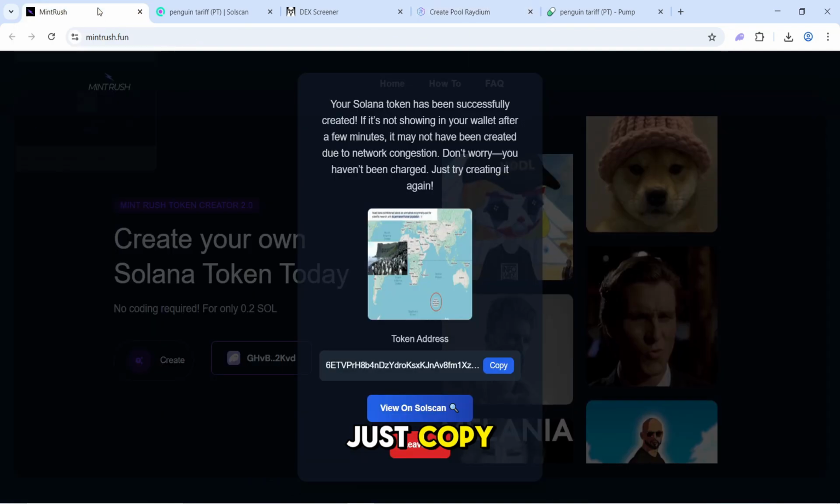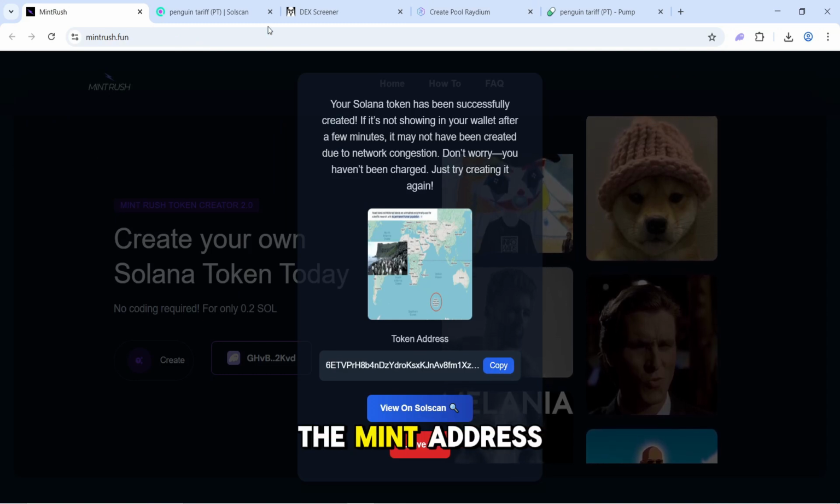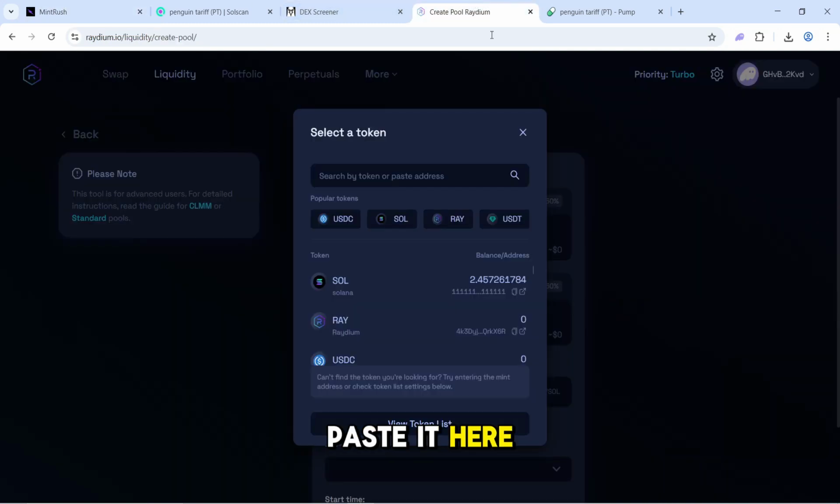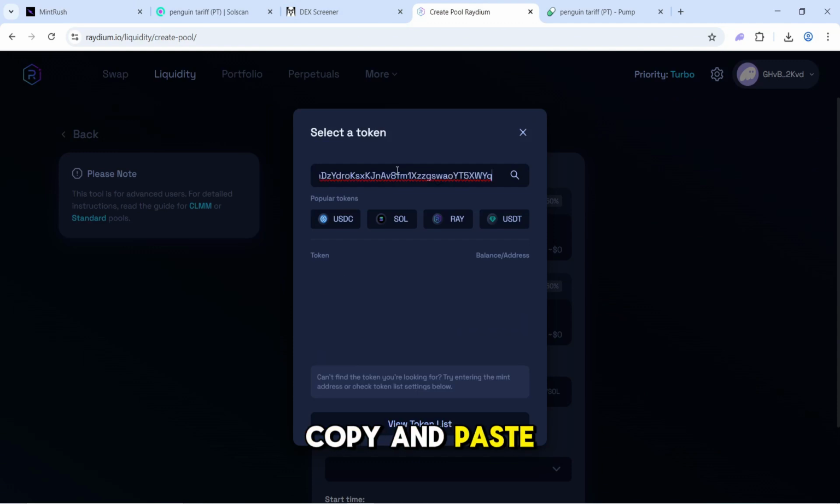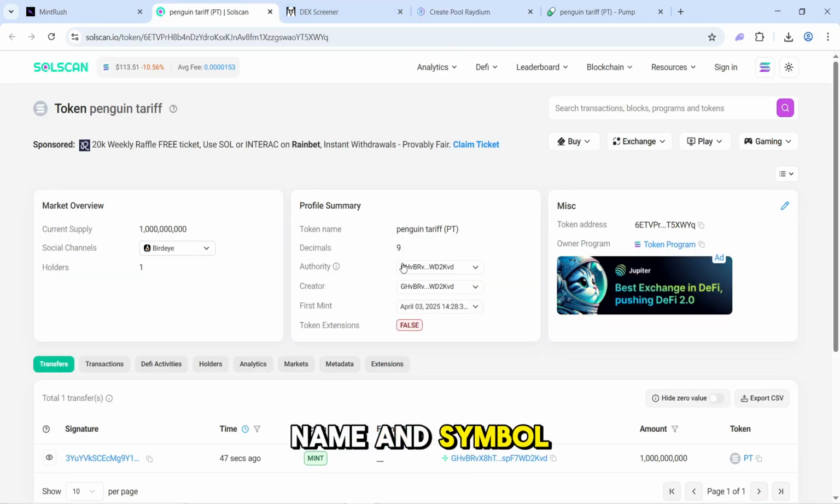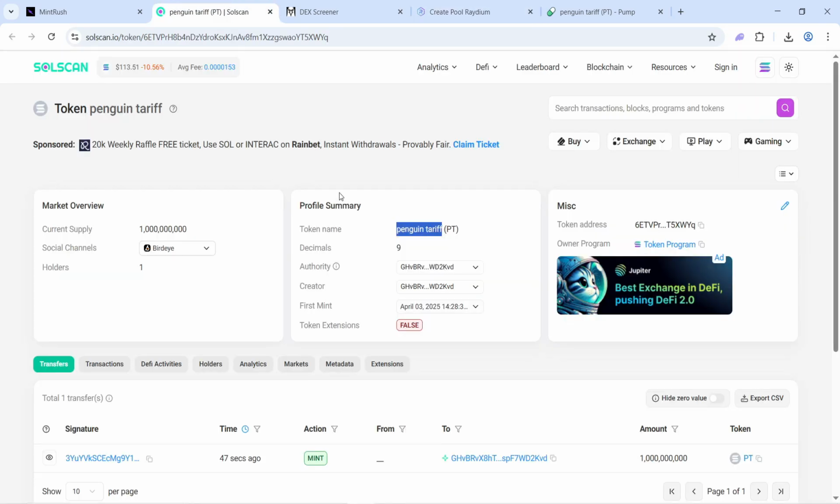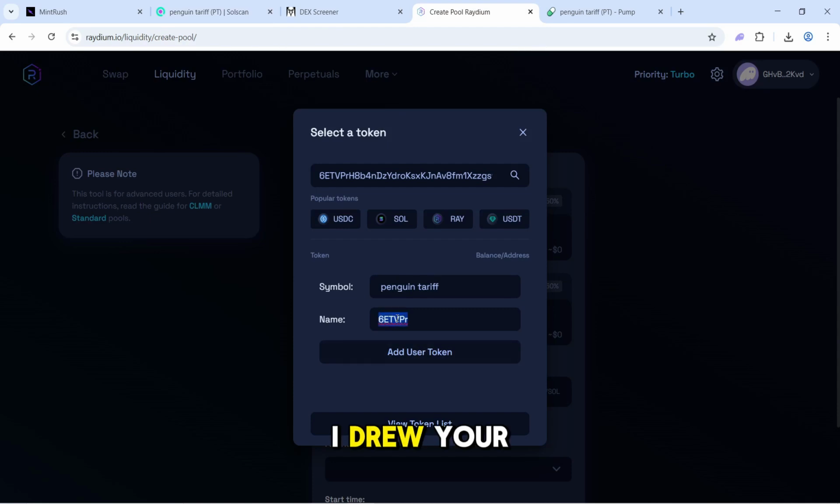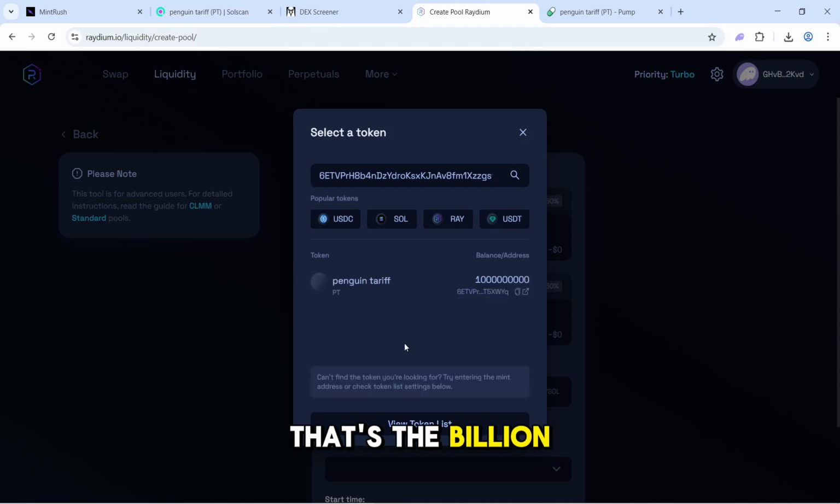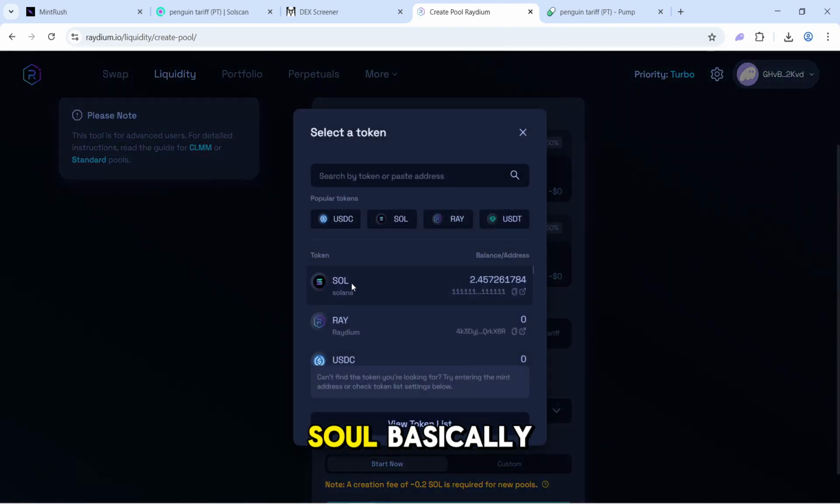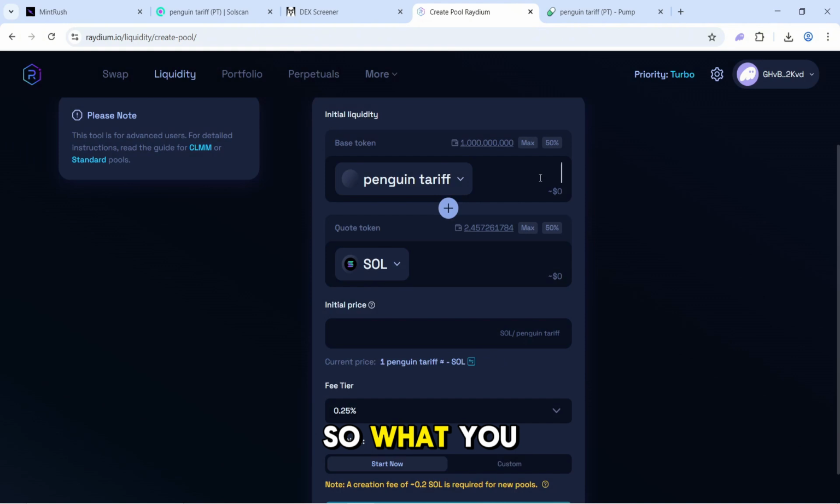Then what you're gonna do, guys, you're gonna basically swap some of your tokens for Sol. So what you would do is just go back on Mintrush, copy the mint address here, paste it here. Then what you would do, you would just copy and paste your token name and symbol. You can do it from SolScan directly. Add user token. Here it is, guys. That's the 1 billion tokens we got. So we will swap them for Sol, basically. So what you would do is you would swap 900 million of your tokens